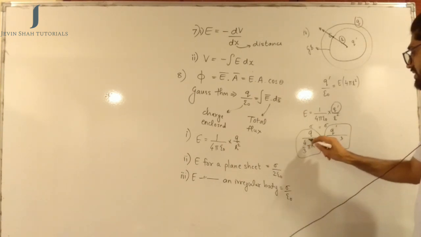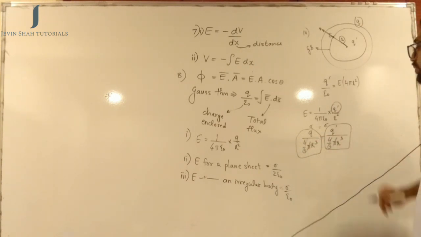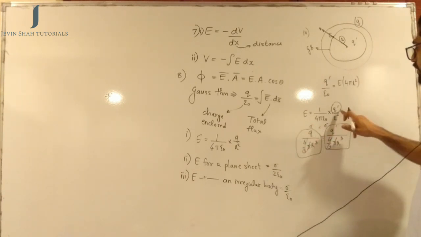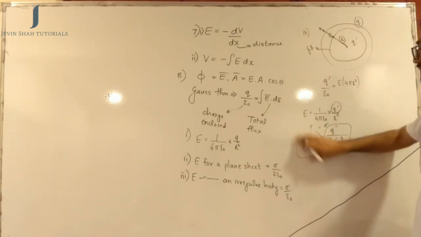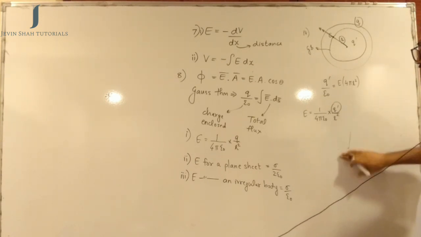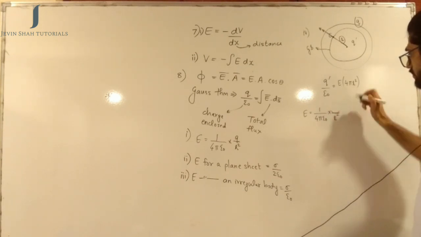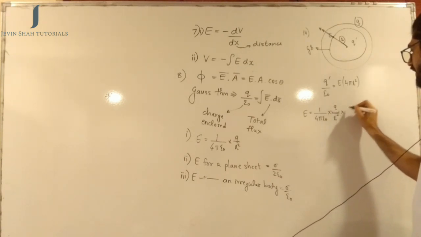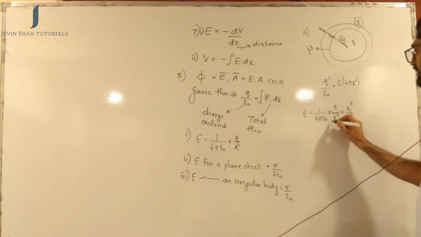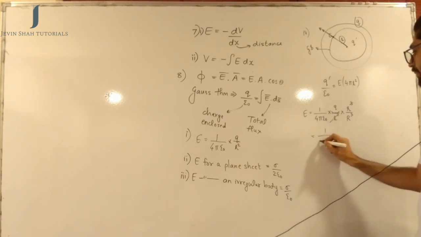You can just cancel out that 4 by 3 pi on both the sides, and that will finally give you q dash as q into small r cube upon capital R cube. So all you need to do is substitute that q dash here. So when you put in that q dash over here, you will have the value of q dash as q multiplied by small r cube upon capital R cube. And that is why this r cube and r square get cancelled, leaving you with 1 upon 4 pi epsilon naught.